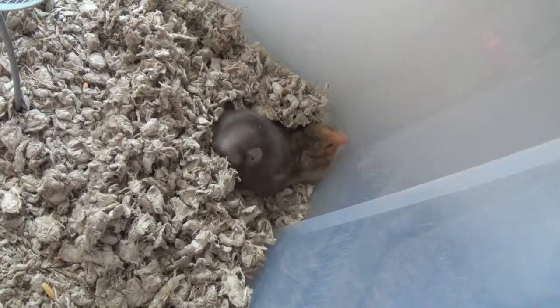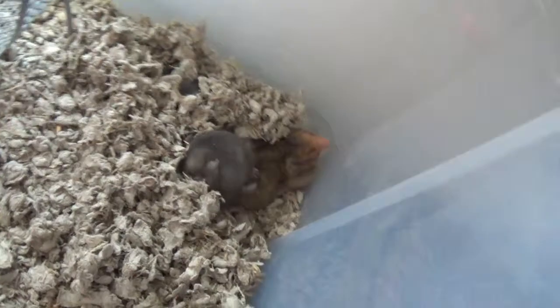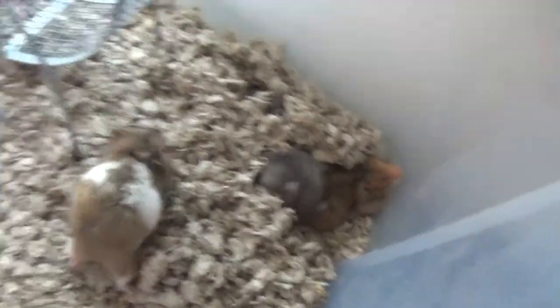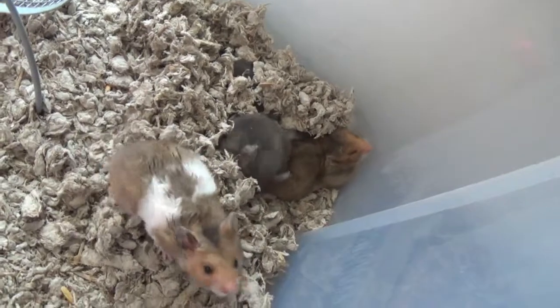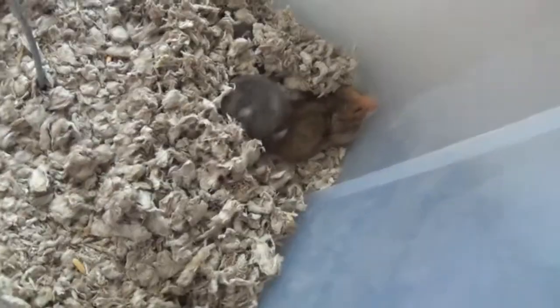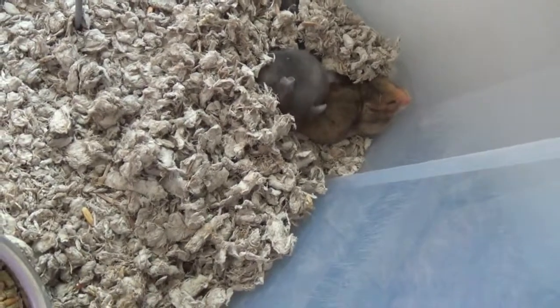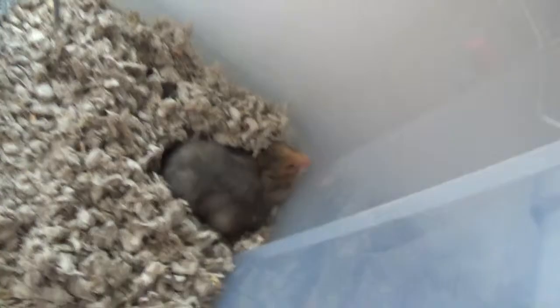Gotta love these days. They're growing so fast now since they're going to be going to the pet store here probably in the next, I'd say, week or so. I forget when I told the store owner that I would bring in the hamsters, but I kind of found this kind of cool,